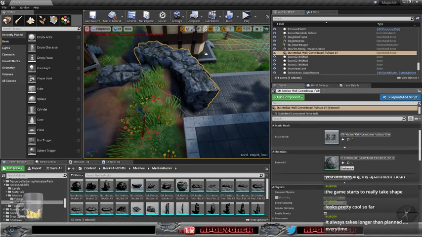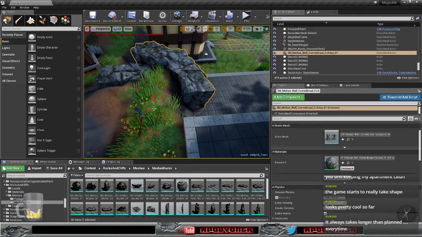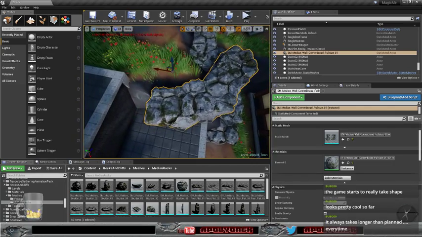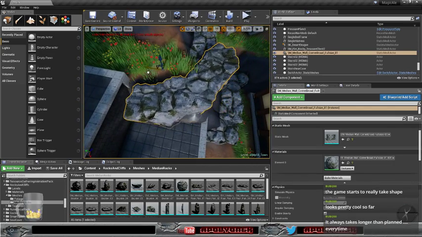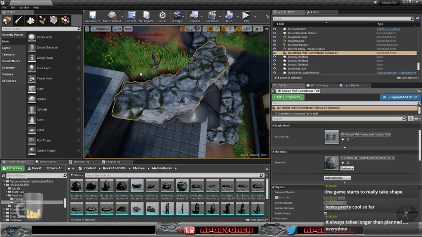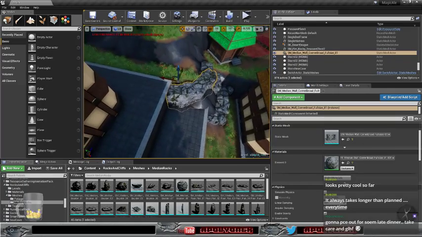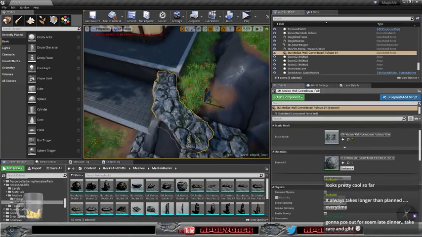I would need to push out the terrain here slightly so it fits. Or push it back here. So